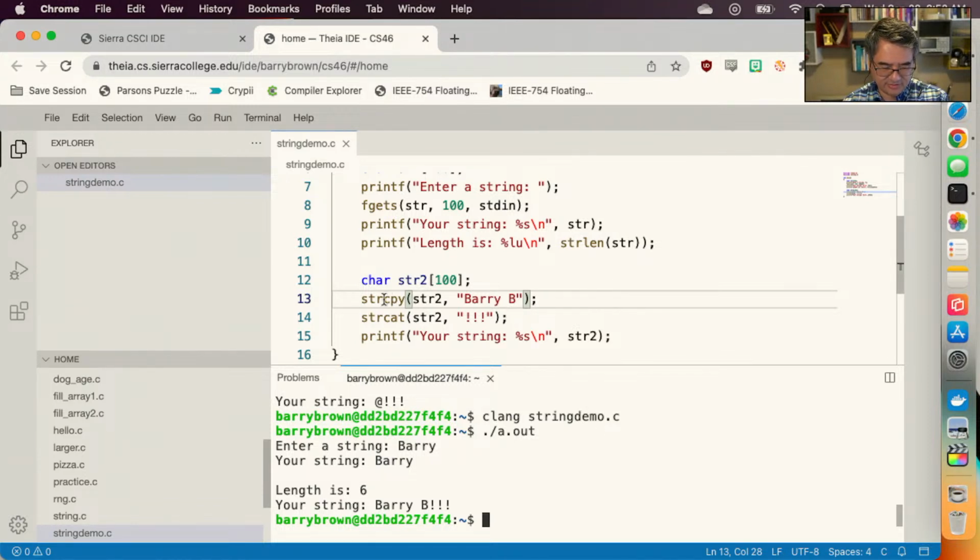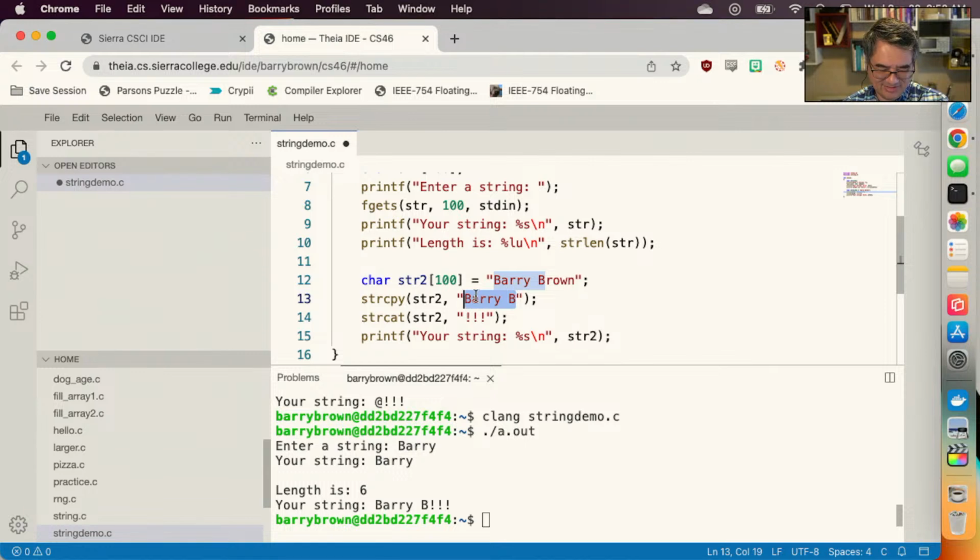So I guess what you're asking here is, let's say we assign this to be my whole name right here, and then we do a strcpy of something shorter. And let's do, I don't know, let's do,